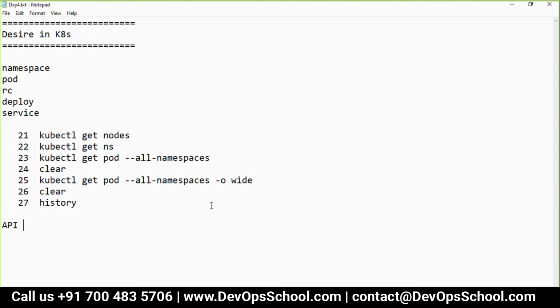So how do I use an API? Any API, if you want to use it, how do you use it? So your API has an endpoint. Let's create an endpoint, and here the port number. So this is the endpoint, but we have not one endpoint for all APIs. For every API, we have one endpoint. So this is the endpoint for, let's say, 6443, something like that, for the API server.